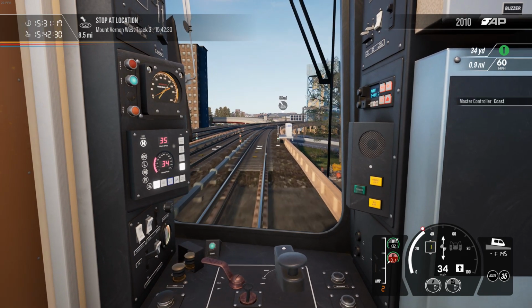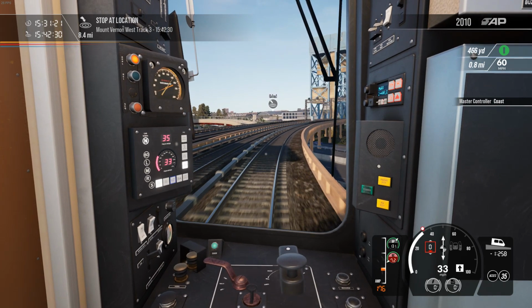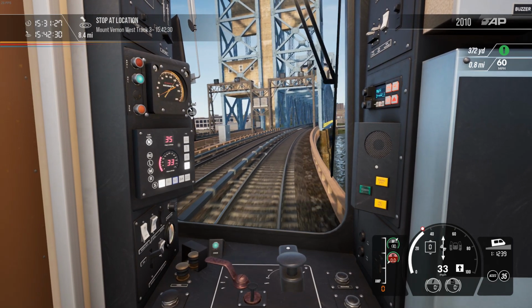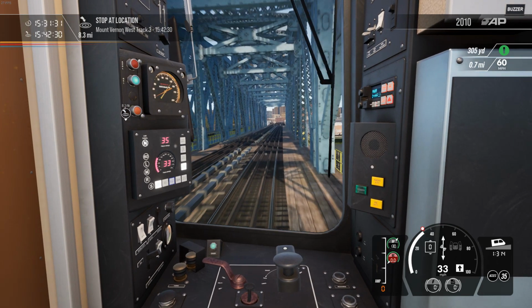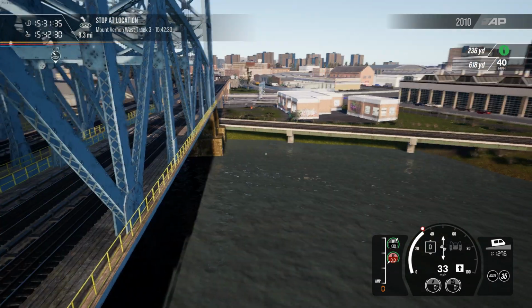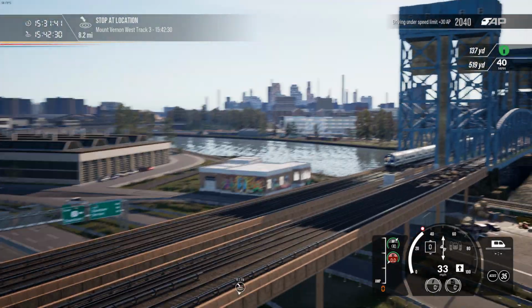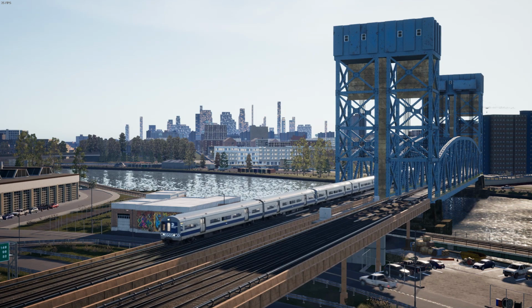M7. And I'm not entirely sure what the A represents, although I wonder if it's just to distinguish between the different operators. Because obviously the base M3 and M7 is for the Long Island Railroad, and then the M3A and M7A are the Metro-North units. Now I have got no idea what this bridge is called or what river this is, although